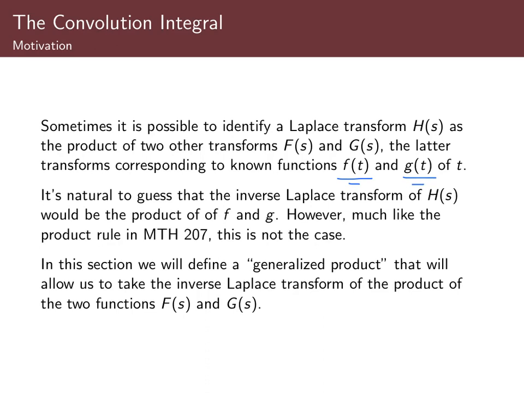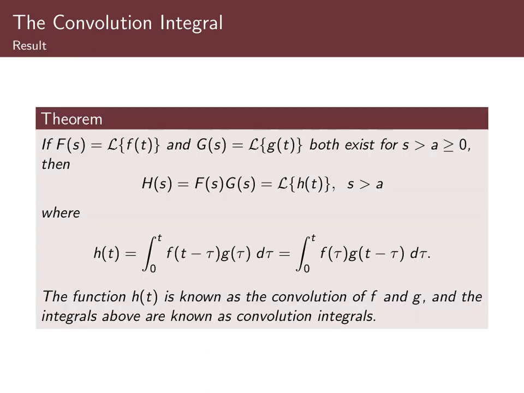So in this section we will define a generalized product that will allow us to take the inverse Laplace transform of the product of big F and big G. And so here is our result that allows us to take this inverse Laplace transform. Assume that big F is the Laplace transform of little f, and big G is the Laplace transform of little g. Then big H is the Laplace transform not of the product of little f and little g, but